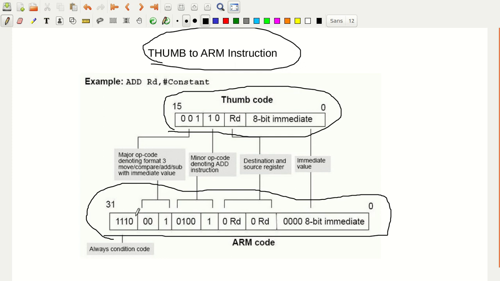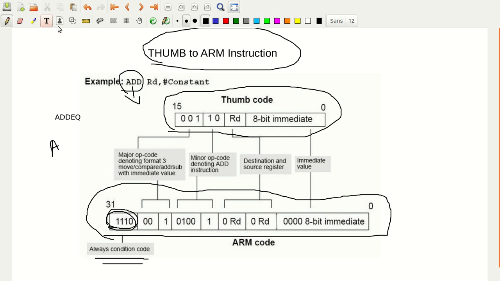As you can observe, this is a hash constant immediate value. In this instruction, ADD, there is no condition, isn't it? We have not written something like ADDEQ. So when there is no condition, what is the opcode we have to write here? That is 1110, the always condition code, isn't it?